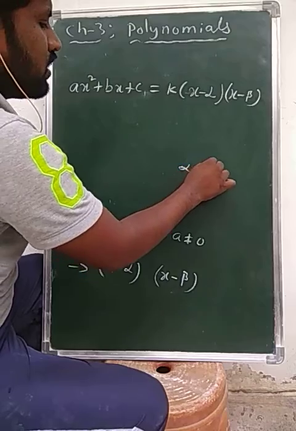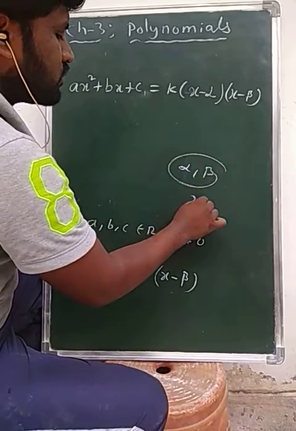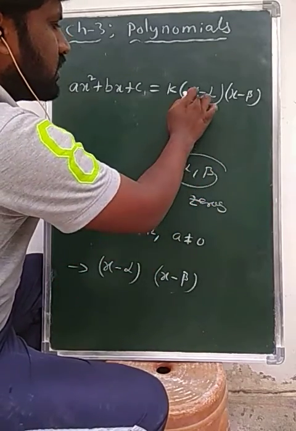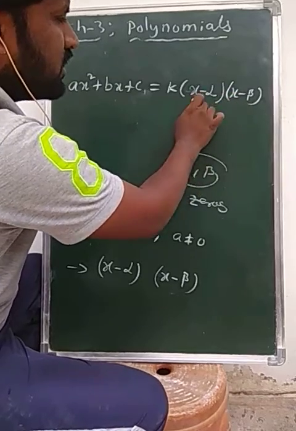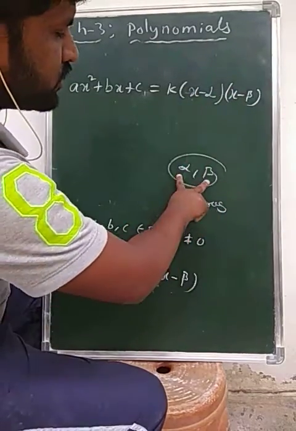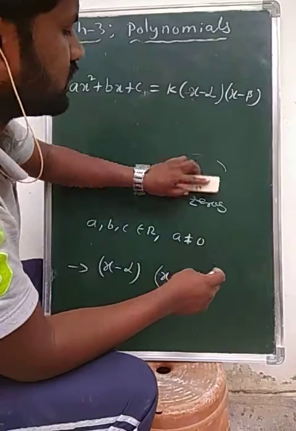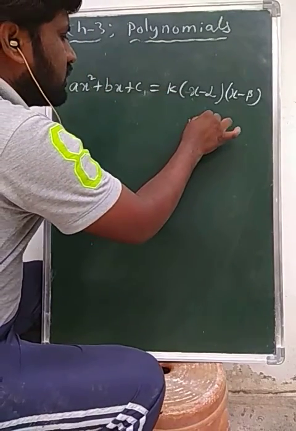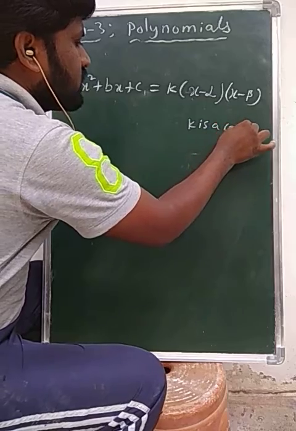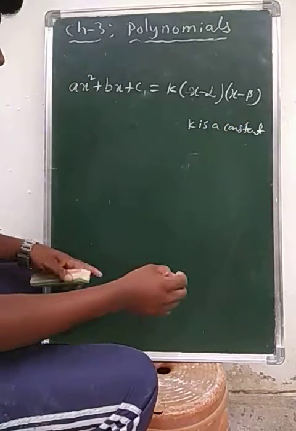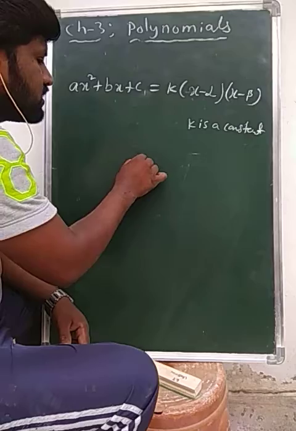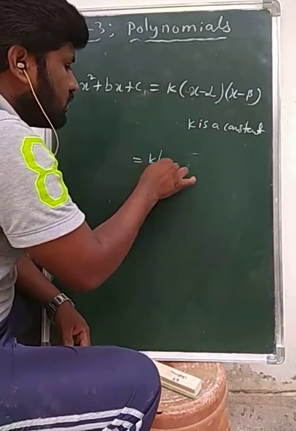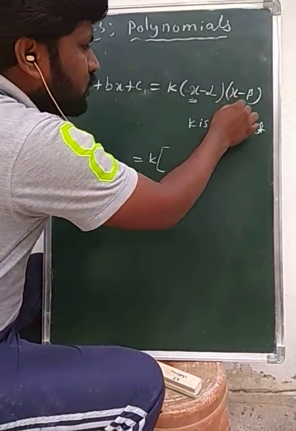Because alpha and beta are zeros, x minus alpha and x minus beta are factors. Clearly k is a constant. Now we can write it as k of, you just multiply